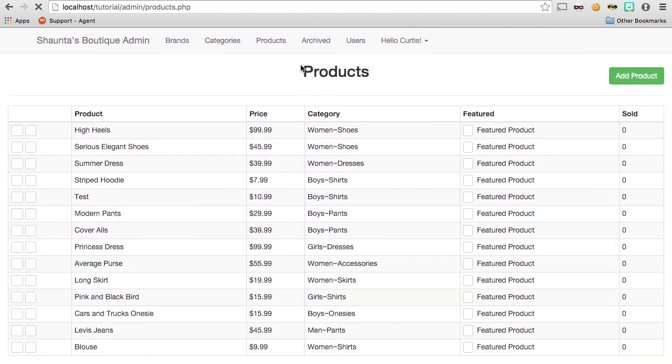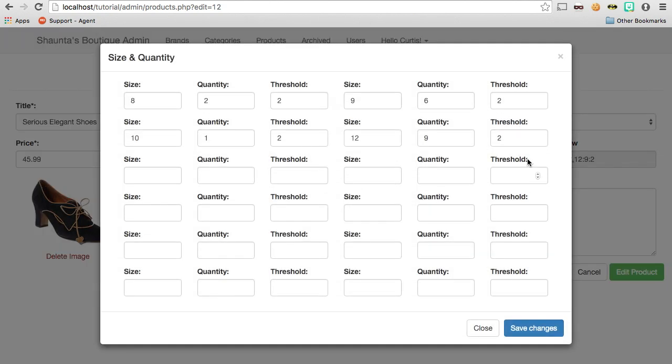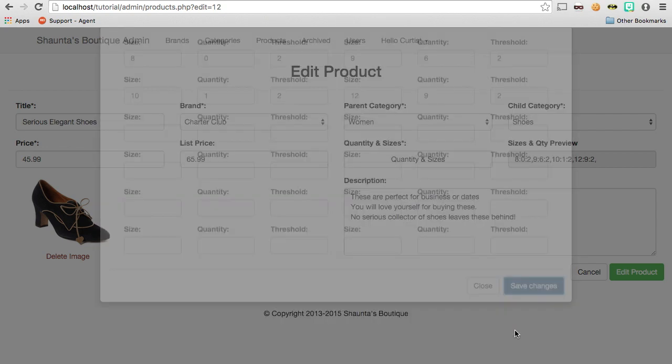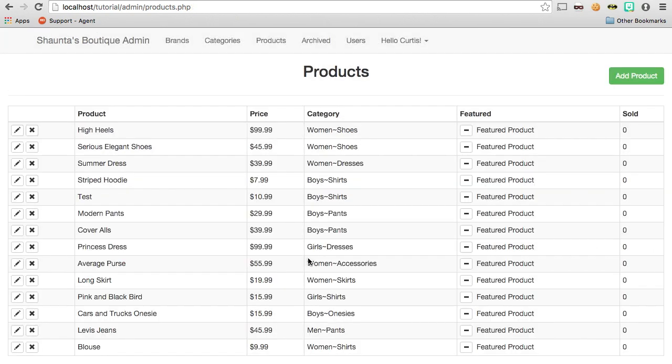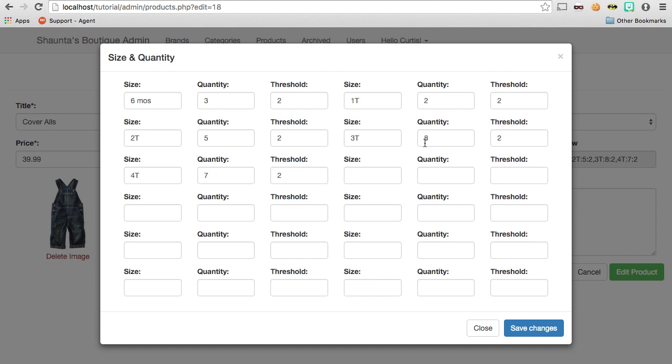So if I go to products now, I'm just going to change a few of these. How about we put this back on 0. Okay, update that, and let's just do these coveralls too. And we'll put